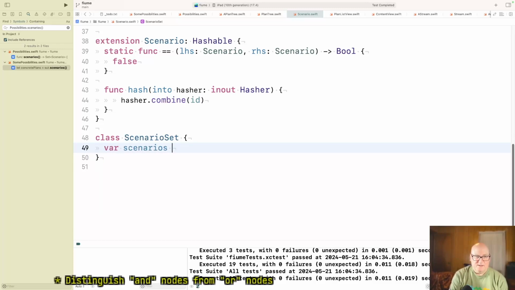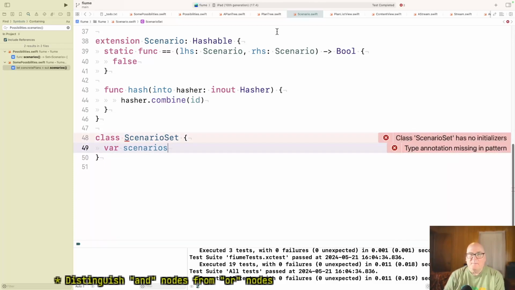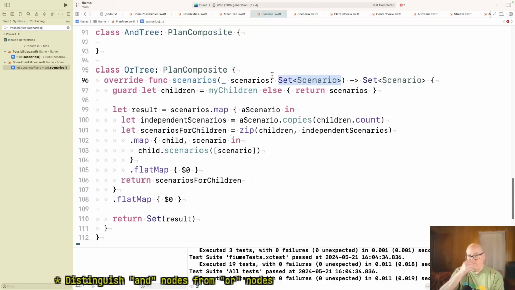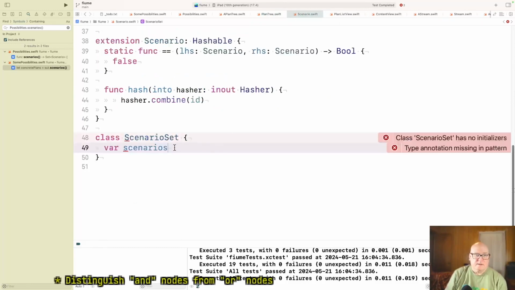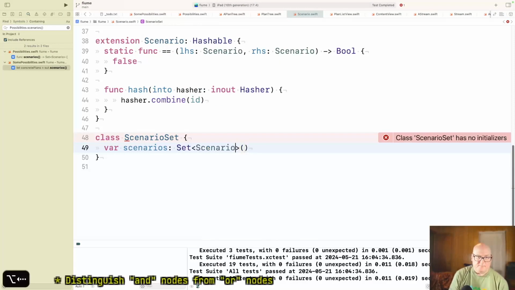scenarios. Well, let's get him in there with set of scenarios. Okay. I don't know, we might pass it in too.